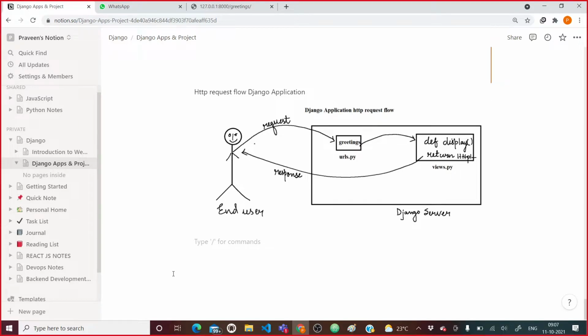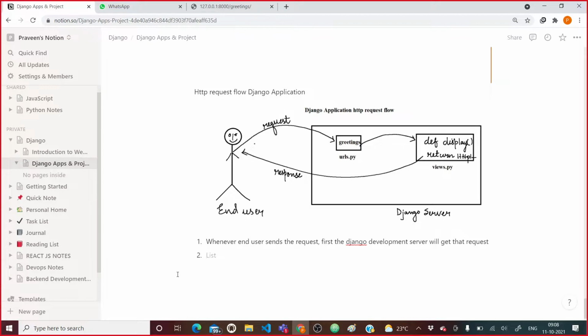Now here, see, first thing. Whenever the end user sends the request, first the Django development server will get that request.